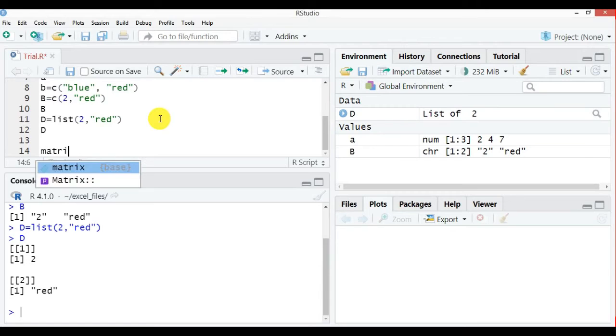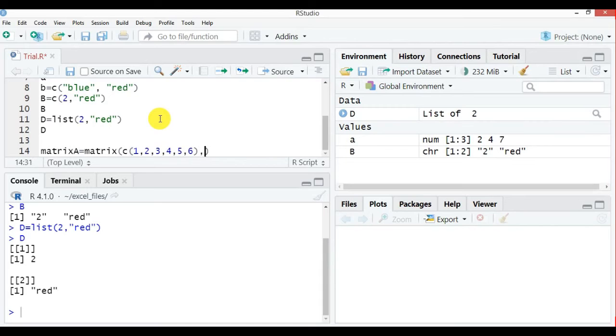So for a matrix, say I want to define matrix A equal to, I have to use the keyword matrix in brackets. I have to give my vector. So I am giving C. As I told you, when I want to give so many numbers, I have to use C in front of it so that it is able to identify. Say for example 1, 2, 3, 4, 5, 6.